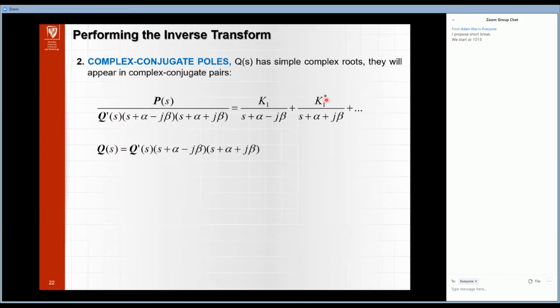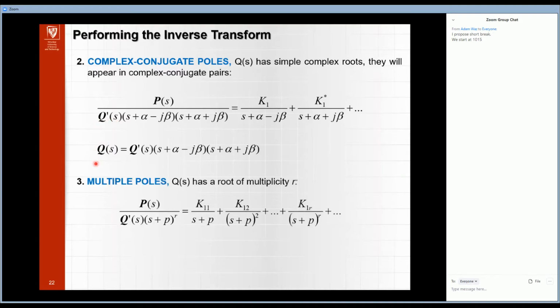The conjugate is written by this asterisk, and we have here the conjugate. Here we have the minus and here we have the plus. And as a result,